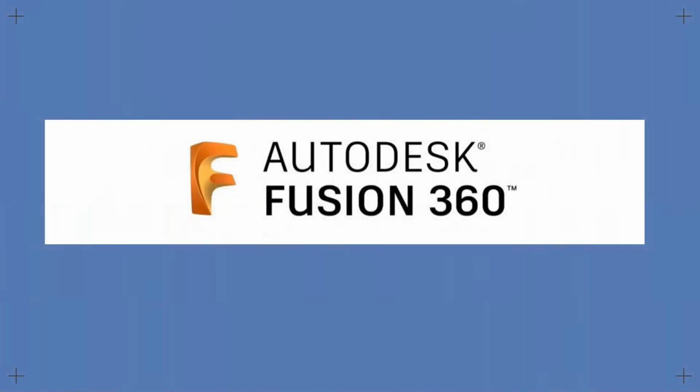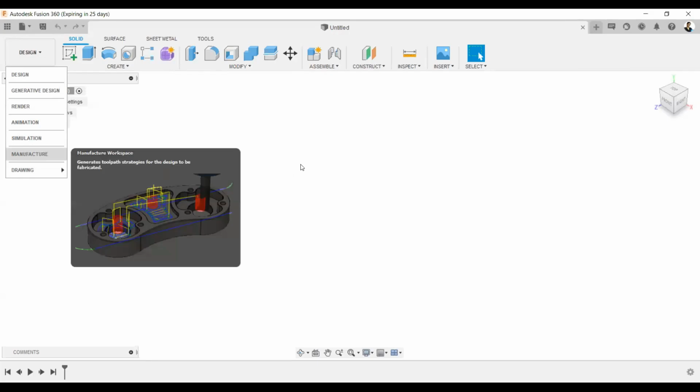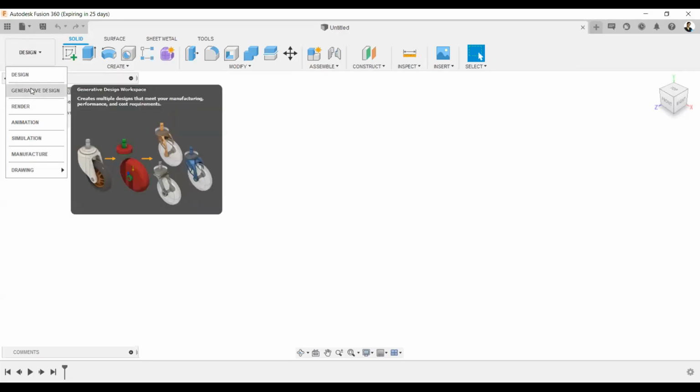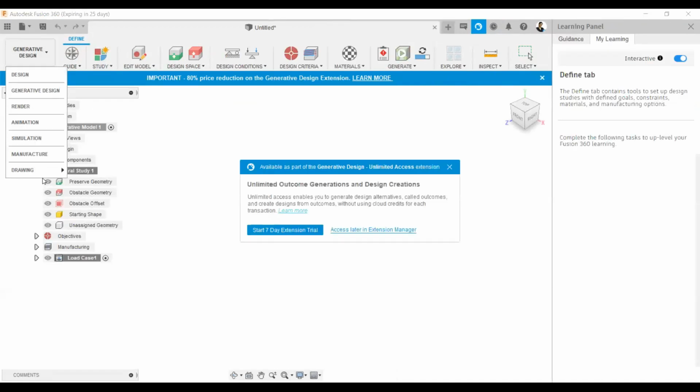So let me show you how the screen of Fusion 360 is going to look. Okay, so in this screen, you can see that I'm actually using a commercial license. I started with a free license only. Then after I started designing products, I purchased a commercial version. So you can really start using the free version right now. And in this, we have many workspaces. So these workspaces, when I change, you can see the tools above will be changing, right?